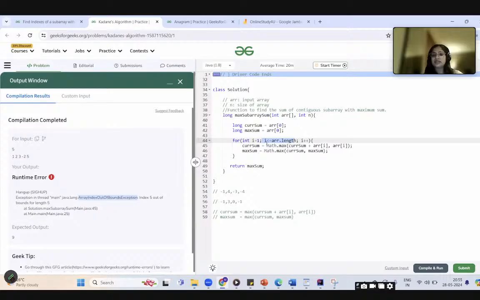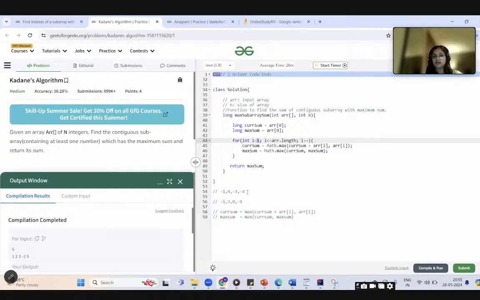Okay, so what is this exception? With i equals 1, we have an array. Say the size of the array is 4, so we have 4 elements. As we traverse the for loop, first i is 1, fine. Then i is incremented, i becomes 2, and it checks the conditional check: 2 is less than or equal to 4, fine.